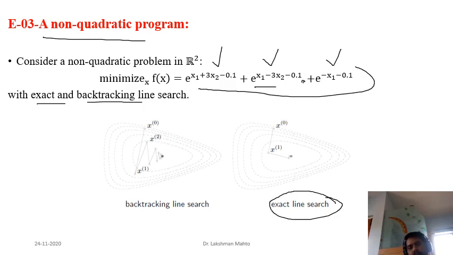That means you are fixing a direction first, a descent direction, then minimizing the function along that direction in order to get an optimal step size. And this is the path scenario of finding the optimal point. This is the optimal point, and in the backtracking, this is the situation of getting the optimal point. Okay,